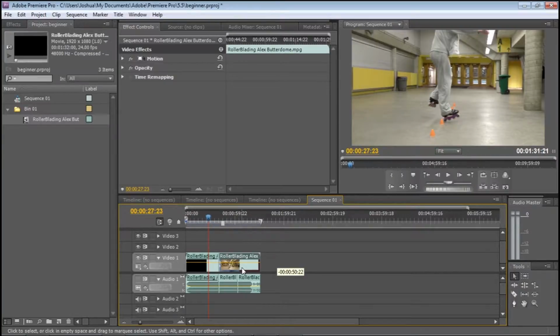What if I wanted to delete something, but I wanted everything to move in place? How do we do that? Let's give you an example here. If I wanted to delete this,